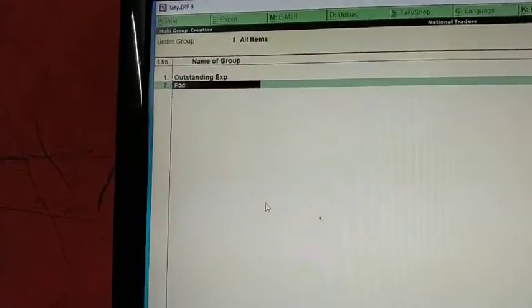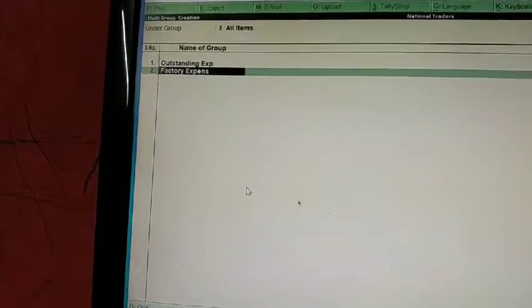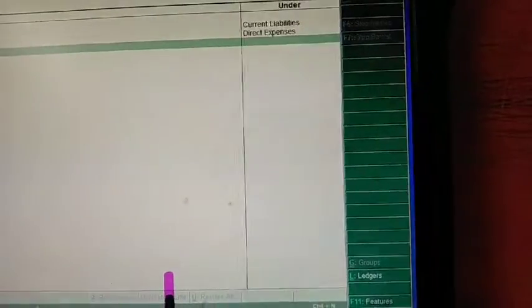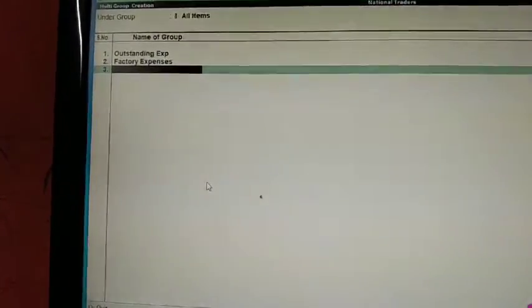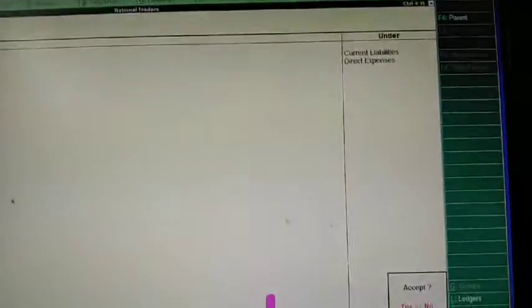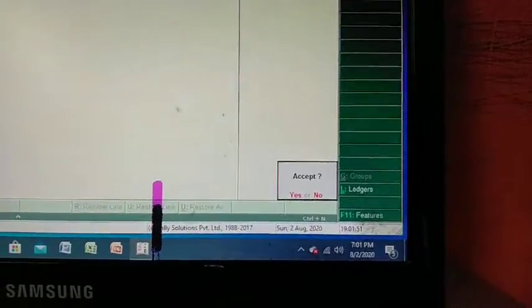By this way you can go on creating groups. Next, factory expenses, under the group of direct expenses. This way one by one you can go on creating groups. To accept your group you have to press enter again. It will ask accept yes or no. Then if you want to save it, give enter, it will be saved.